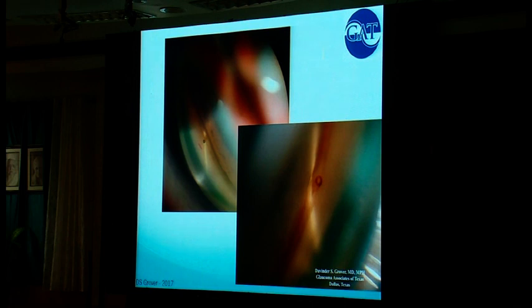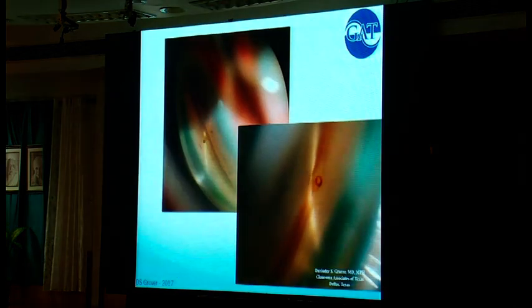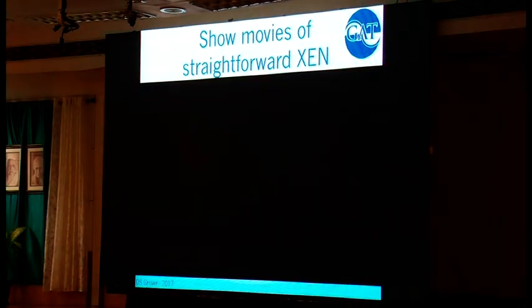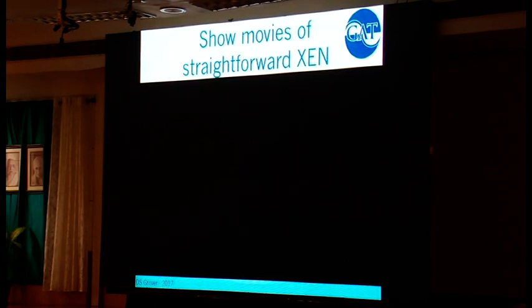The company, I was involved with all the trials with different lumen sizes. The larger the lumen size, the higher the risk of hypotony. This lower one is the 140 micron lumen, and then the upper one is what's approved in the U.S., the 45. The 63 is what it is. Hopefully that will be approved soon, because I think that may work a little bit better. As with all these surgeries, the key is not what's going on underneath the screen. The key is what's going on